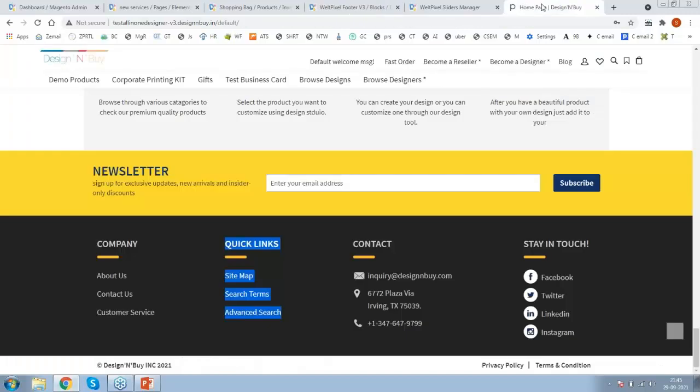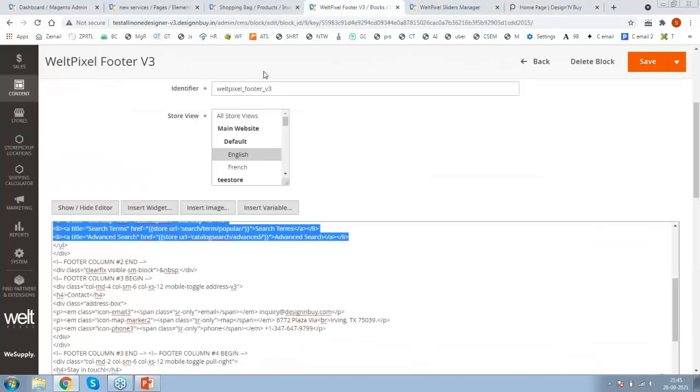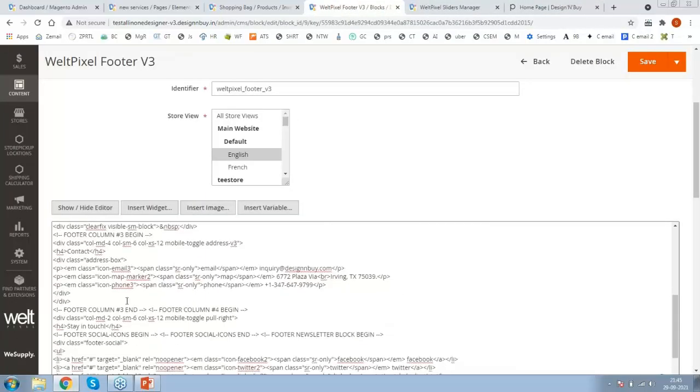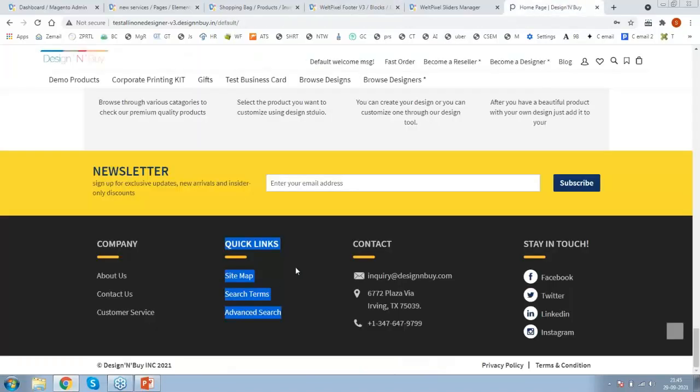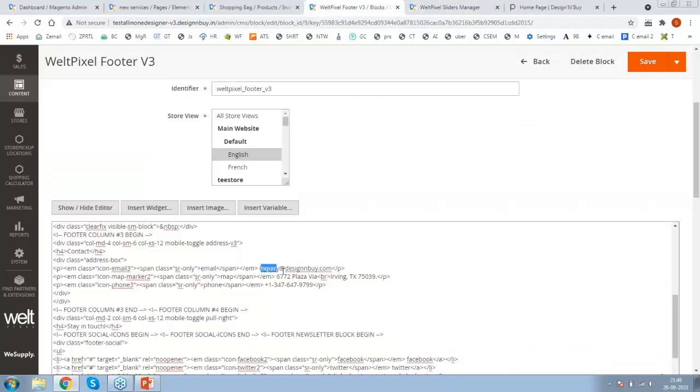Then we have the next section, that is contact. If you want to change contact information, you can change it here. See again contact, that is the address box. Now the first icon is email. These icons are coming from an HTML library, so you don't need to upload an image. Icons are coming from the library itself. So email is the title, and here you can see the email address, inquiry. That email you can change over here. Same way